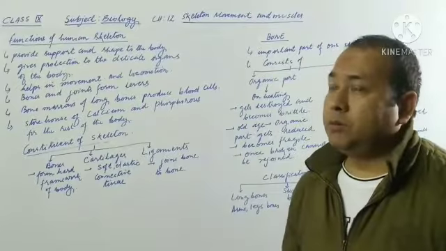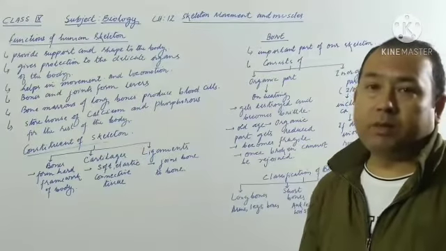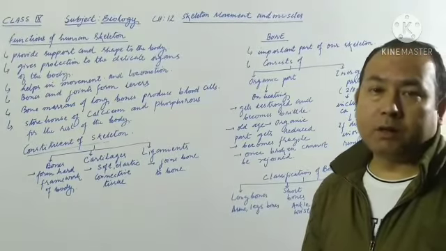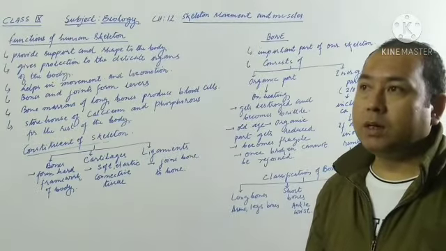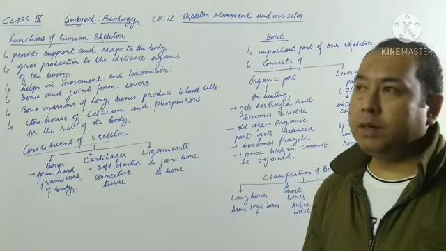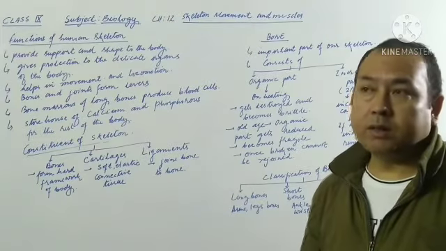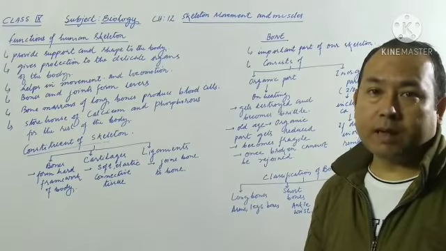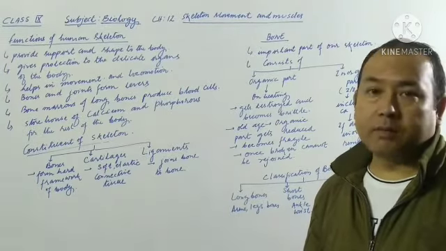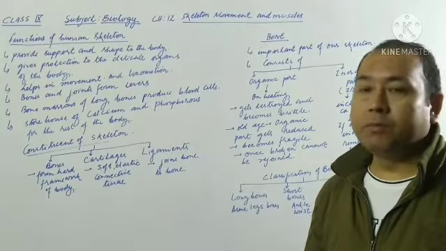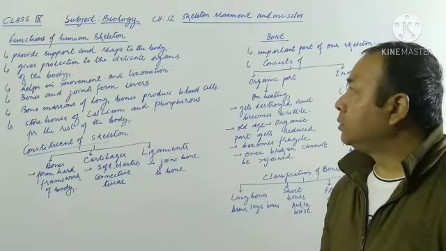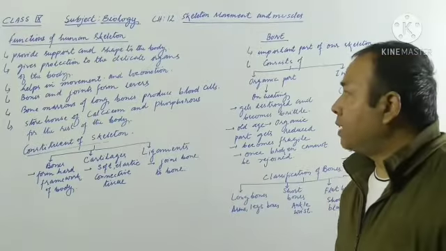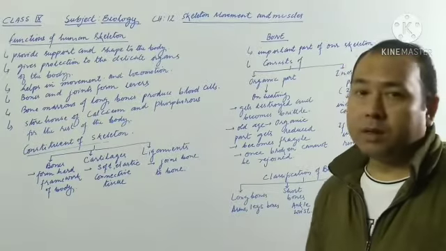In this chapter we'll be learning about the different parts of the skeleton, which form the framework and provide protection to our body. Then we'll learn about different types of joints. A few diagrams are also there which you need to practice, which are very important from the exam point of view. So let's start today's topic, that is function of human skeleton.